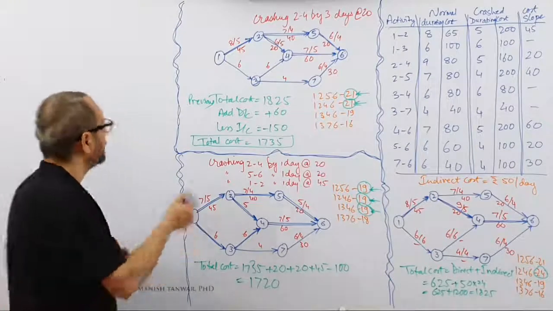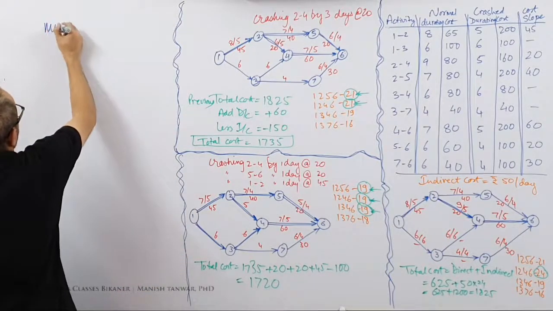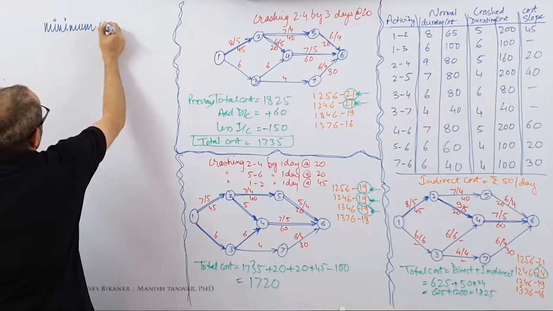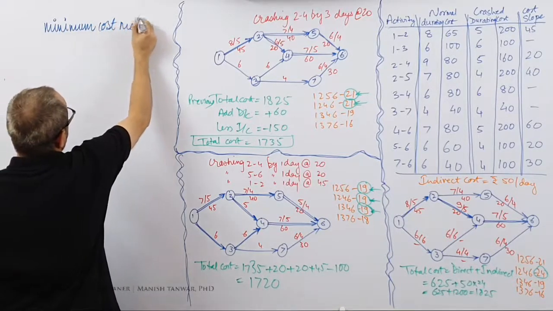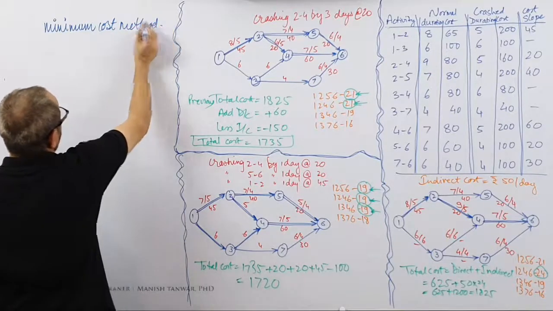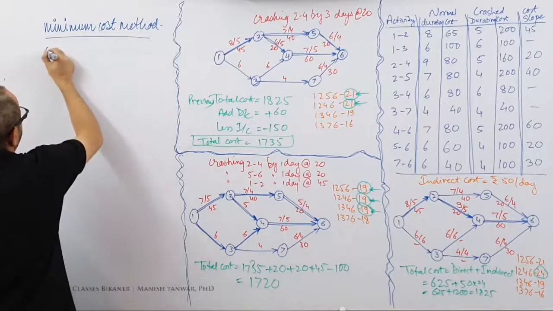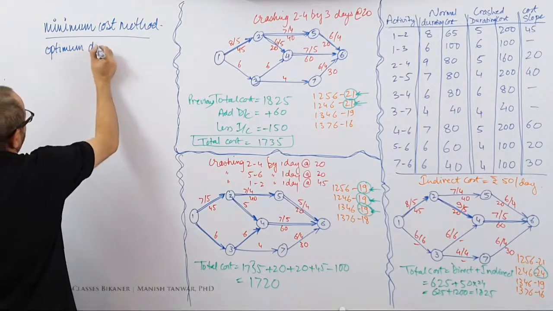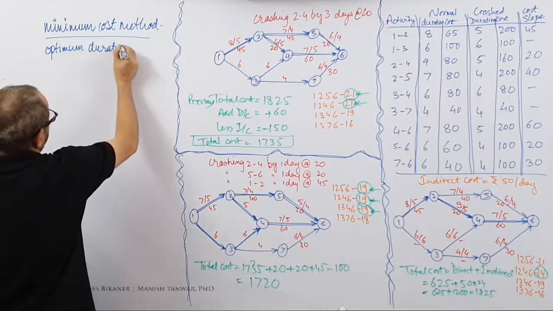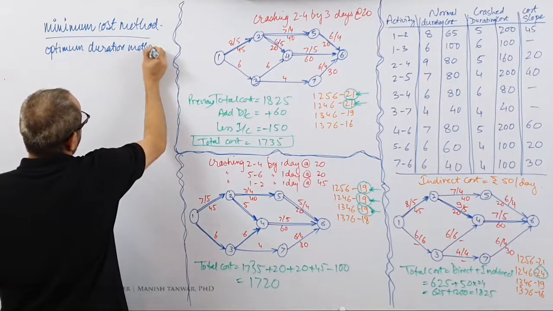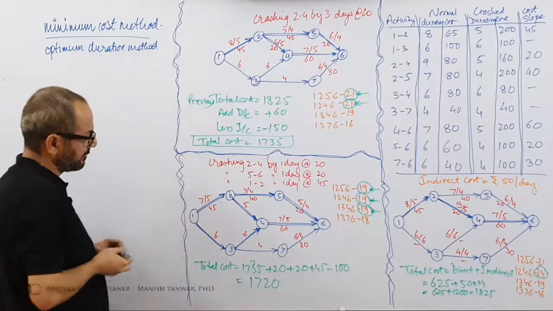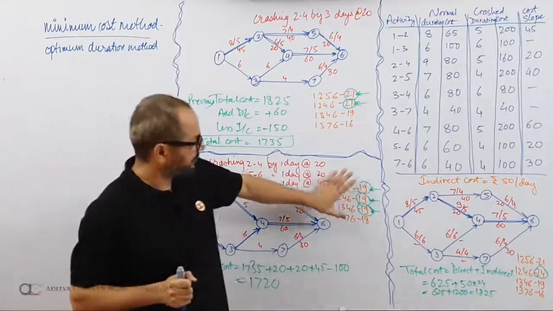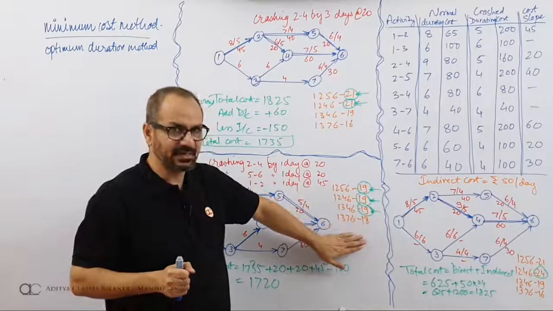We are studying the minimum cost method, or we can call it optimum duration. So we can say that we have reached a point where this is the minimum cost. If we further try to contract it, if we further try to crash it, if we try to bring 19 to 18,